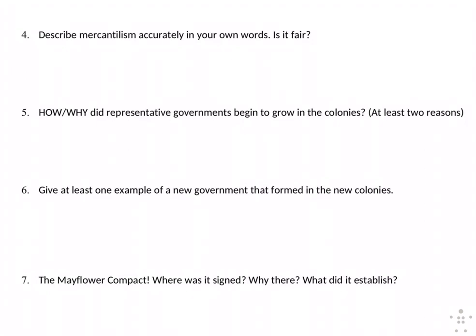Mayflower Compact, so compact means contract. The Puritans and the Separatists specifically were on the Mayflower. It was signed in 1620 before they even stepped foot off, in Plymouth, Massachusetts. Now remember that they wanted to sign that before they even started to colonize because they didn't really know where they were at first. They were heading for Jamestown, but they missed that mark, so they were in a new territory, so they needed some kind of form of agreement and government, so they knew what was ahead of them and they at least had each other. Now, again, what did it establish? It established the very first self-government in the colonies.